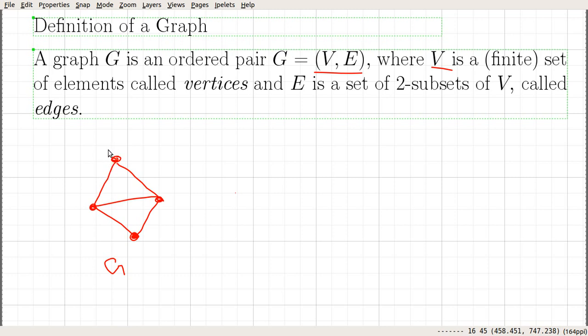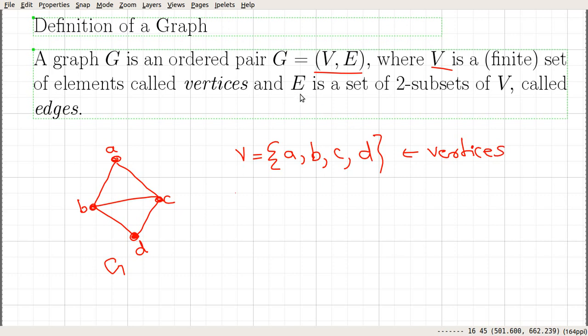Let me label this vertex as A, this as B, C, D. So in this case, V contains these four elements A, B, C, D, and these are called vertices. And E is a set of two-element subsets of V called edges.